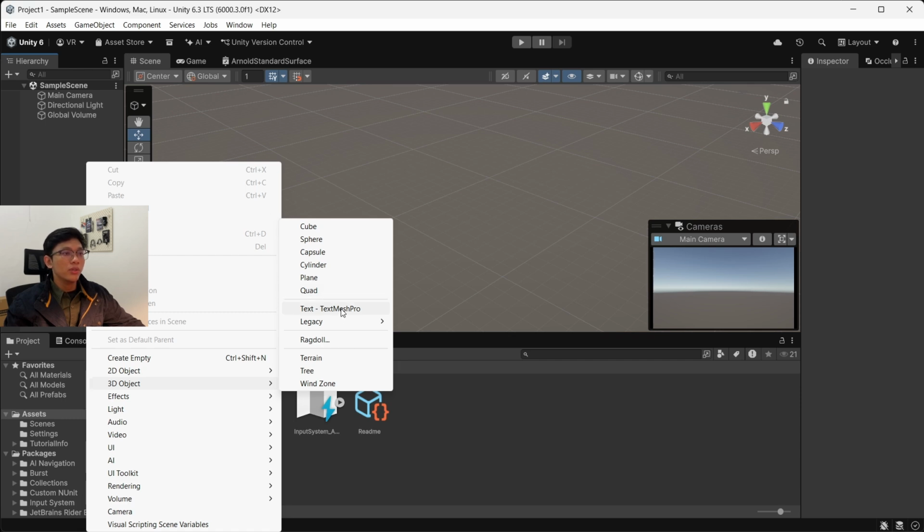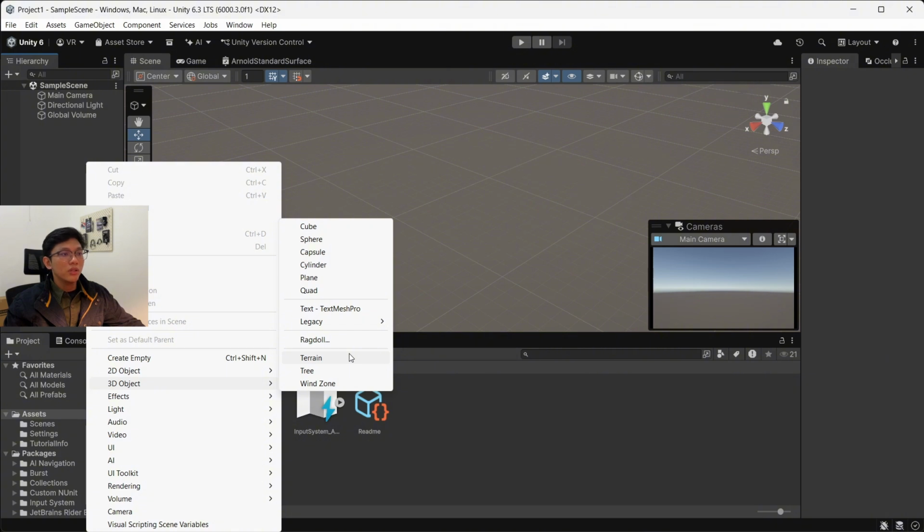Text Mesh Pro is a high-quality text object used to display text inside the scene. Legacy contains Unity's old UI system, which is rarely used in modern projects. Ragdoll is a physics system that allows characters to react realistically to force or falls.